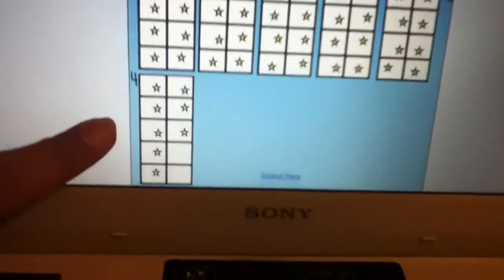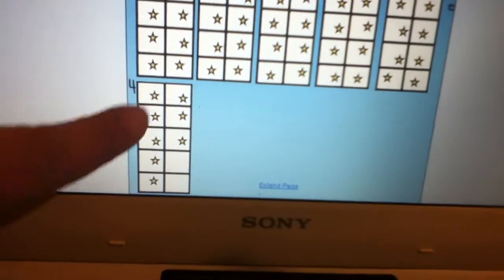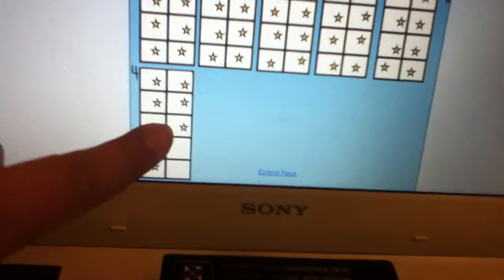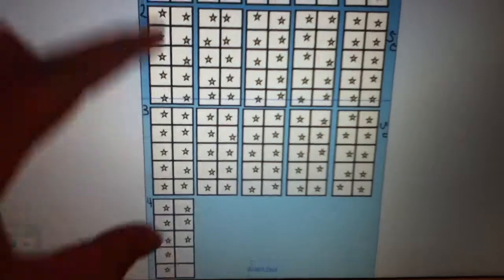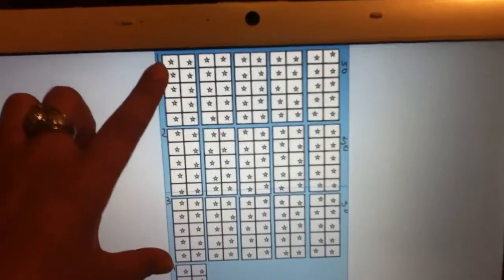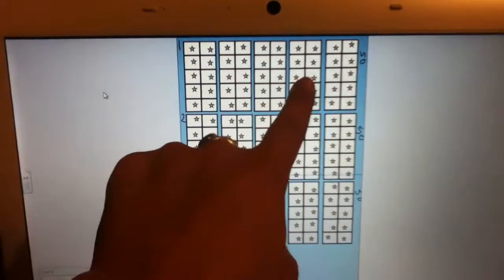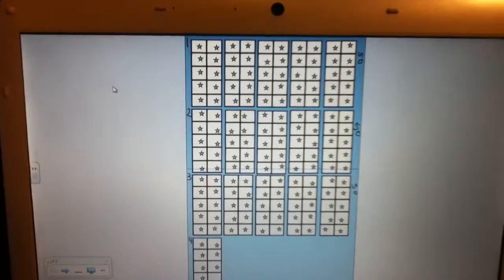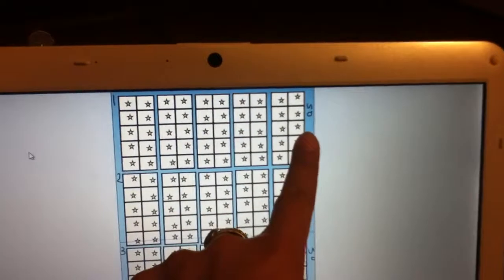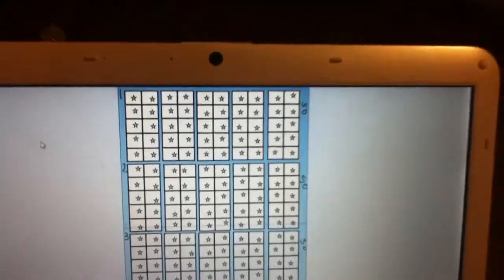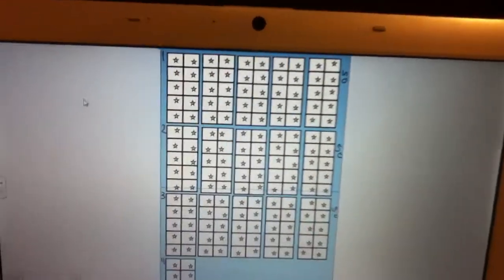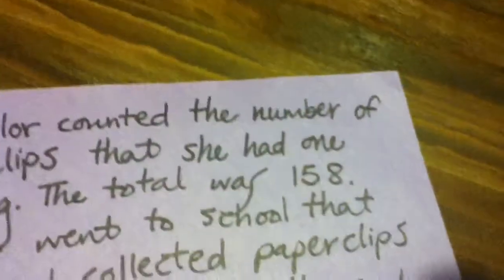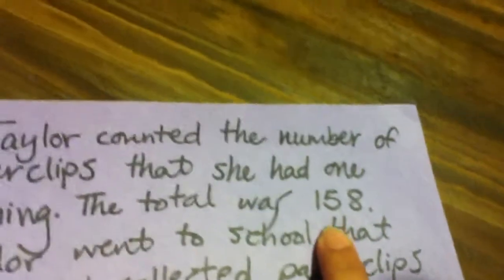We can look here at the bottom, and this tens frame is not full. So this is not a 10. Instead, this is 1, 2, 3, 4, 5, 6, 7, 8. Because the number was 158. So we have 8 ones here, and this is 150. Because 1, 2, 3, 4, 5 groups of 10 full tens frames equals 50. So we have 1, 2, 3 sets of 50, which is 150 paper clips. So 150 plus the 8 gives us the 158 from our word problem. So that's how much Taylor started out with,